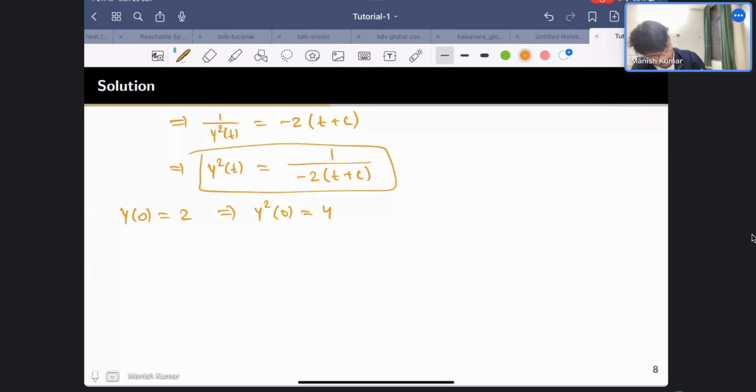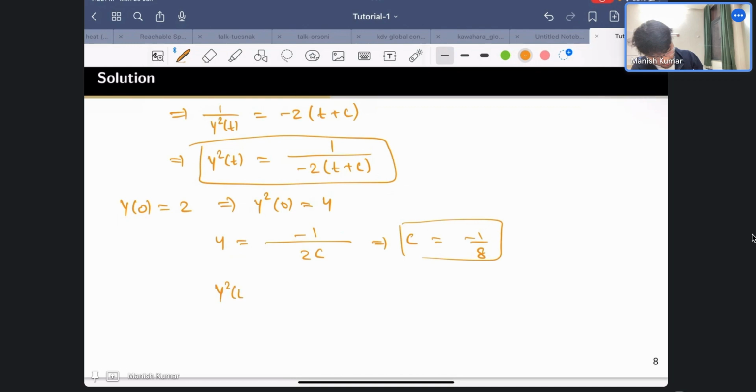So if I substitute there, what I get is 4 is equal to minus 1 by 2 t plus c, and from here I get t plus c. Oh sorry, t is 0, so just 2c. So from here I got c is equal to minus 1 by 8. So the solution I can write as y square of t is equal to minus 1 by 2 t minus 1 by 8, which can be rewritten as,